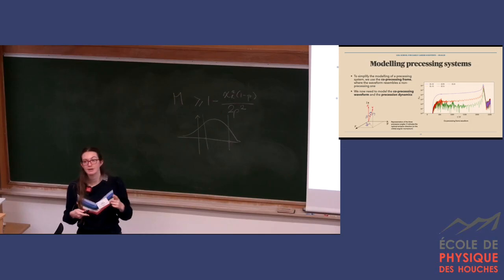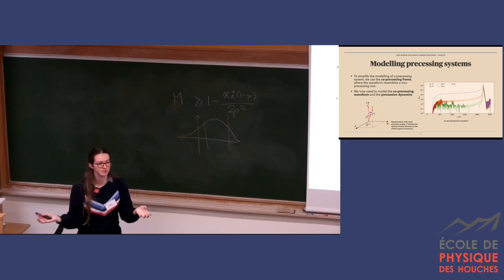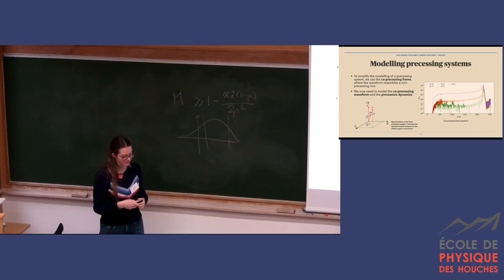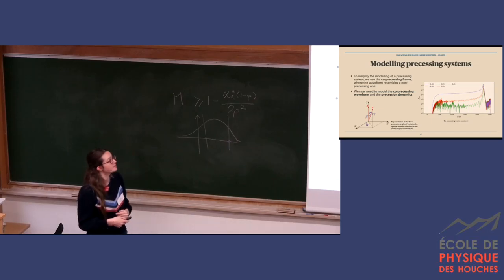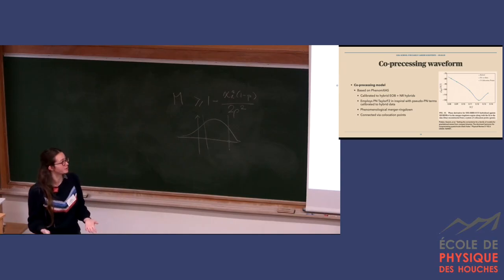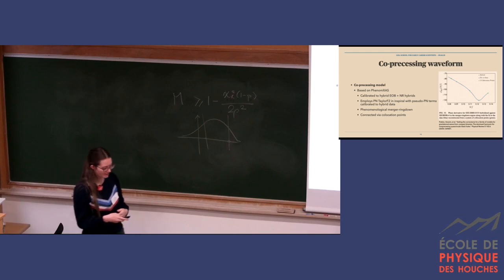And this gamma essentially ensures that we do not introduce any sort of phase drift when we're performing our rotation. So it ensures that the phases are consistent between frames. So okay, now we've split our model into two components. We first have to model the coprecessing waveform. As I was talking about earlier,